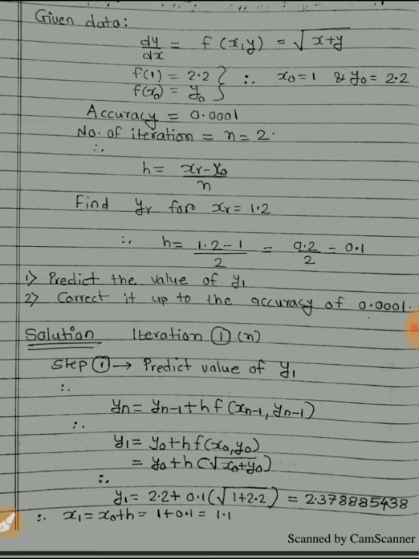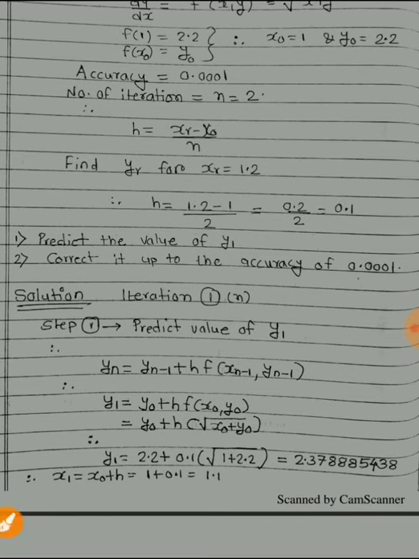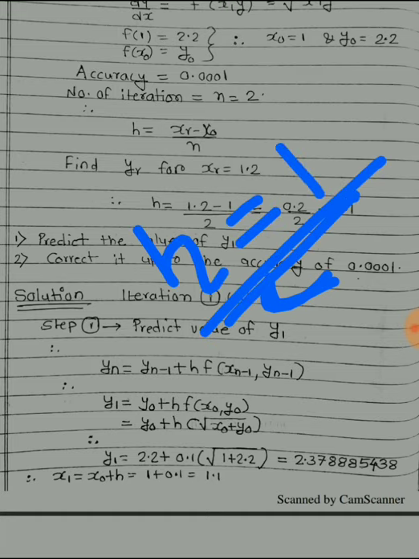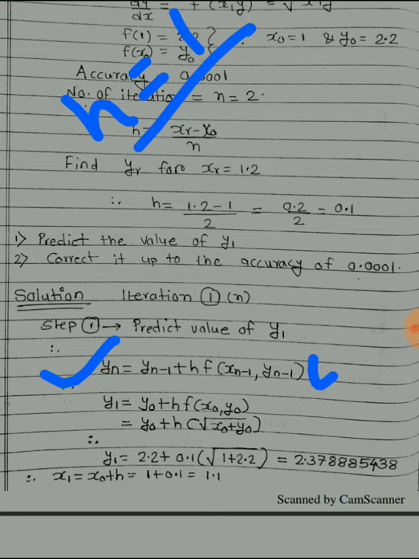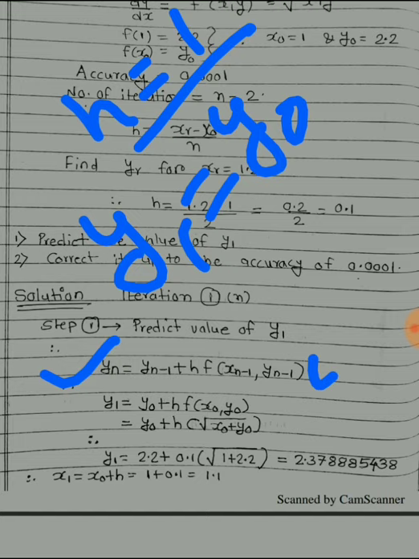So in this predictor's formula, I have written iteration number 1, n is equal to 1. Step 1 is to predict the value of y1, and it is predicted with the formula of yn, which is given by yn equals yn minus 1 plus h into f of xn minus 1, yn minus 1, which is a generalized formula. If I write this formula for the first iteration, meaning if I take n equals 1, I could say y1 equals y0, since 1 minus 1 becomes 0, plus h into f of